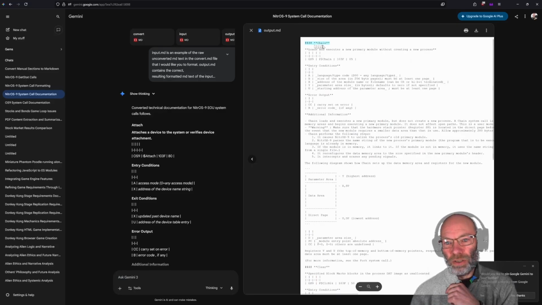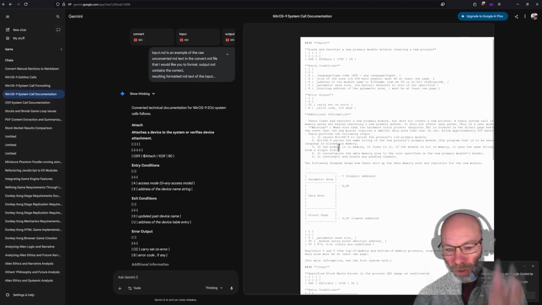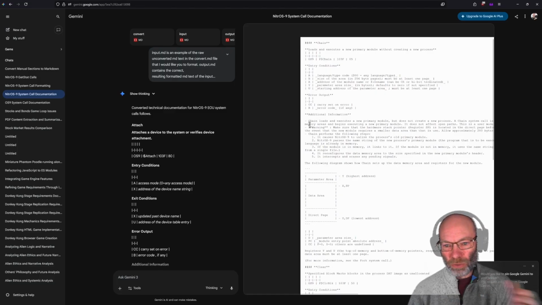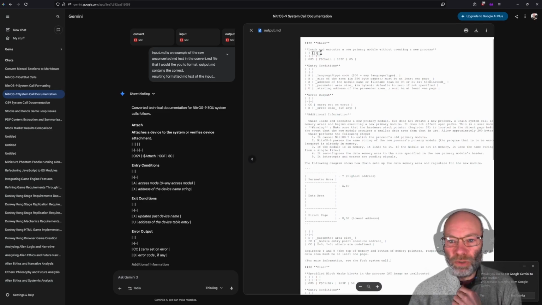So it's just got some really simple things like hashes create titles, stars create bold, or you can do italics, you can do underline, hyphens at the start of a sentence will do bulleted lists, or numbers will do numbered lists. If you do this where you've got headers, and now usually you would have